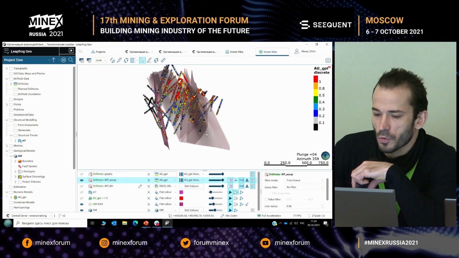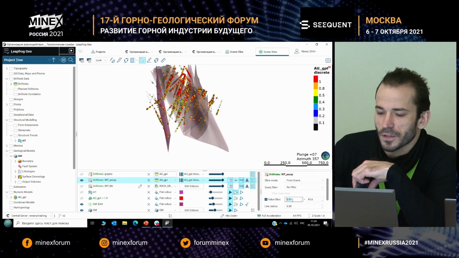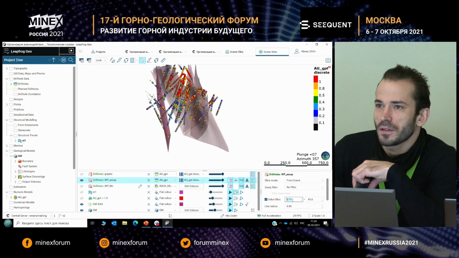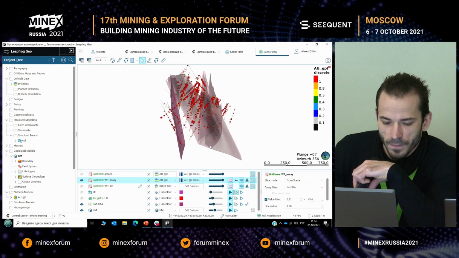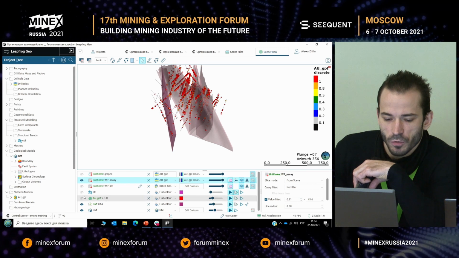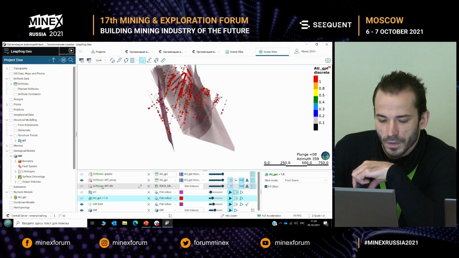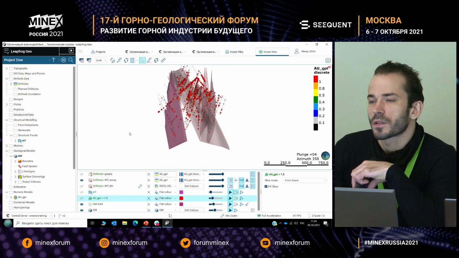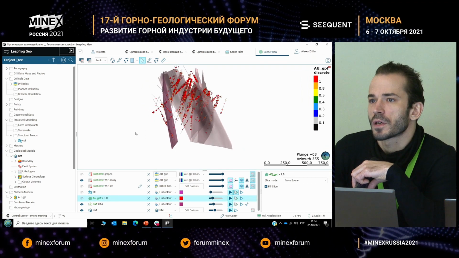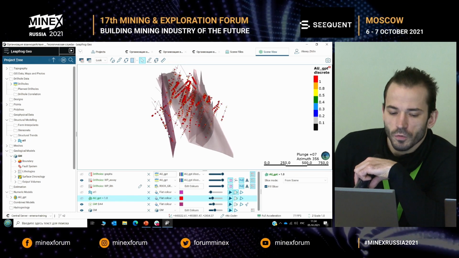Apart from the digital cover, we have the digital filter that was demonstrated by Alexander. And here we can define the certain area. If we again download the most mineralized areas, we can see that they are localized approximately in these areas of splitting.